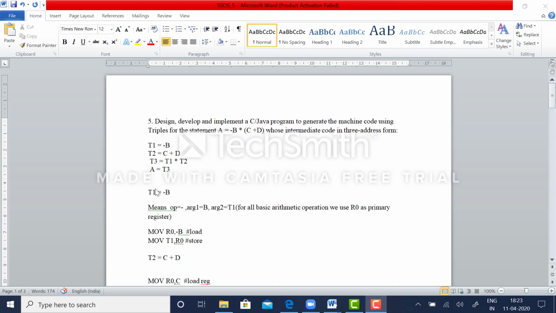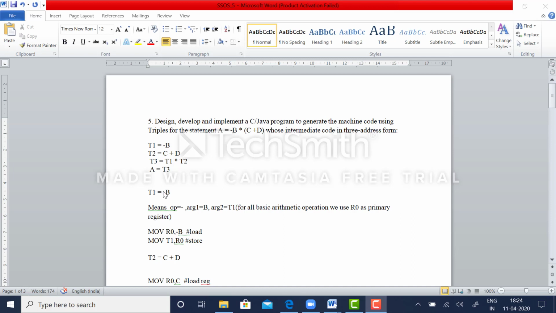The first type of operation is loading, where you are trying to load the value into the register. The next operation is the actual arithmetic operation, which can be done by using the mnemonics add, subtract, multiply and divide. Finally, once you get the result after performing the arithmetic operation, this has to be stored back into the variable.